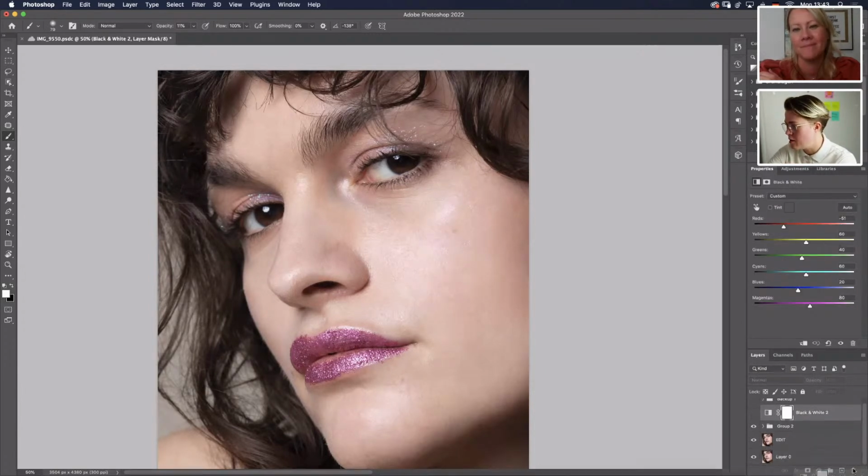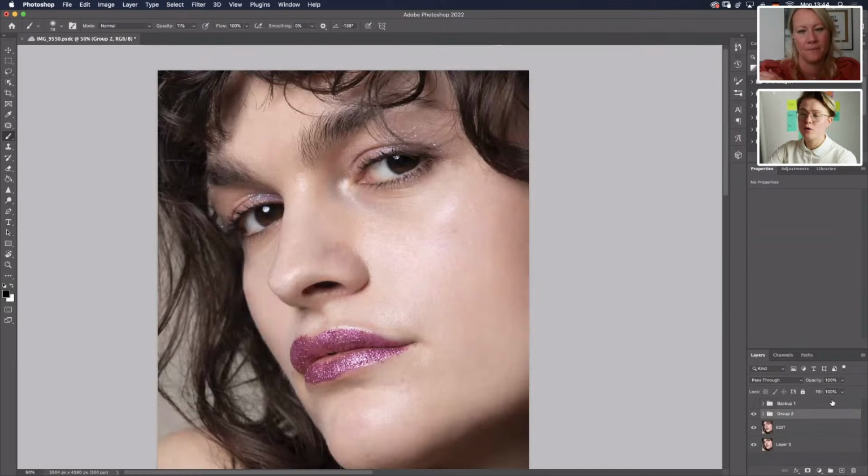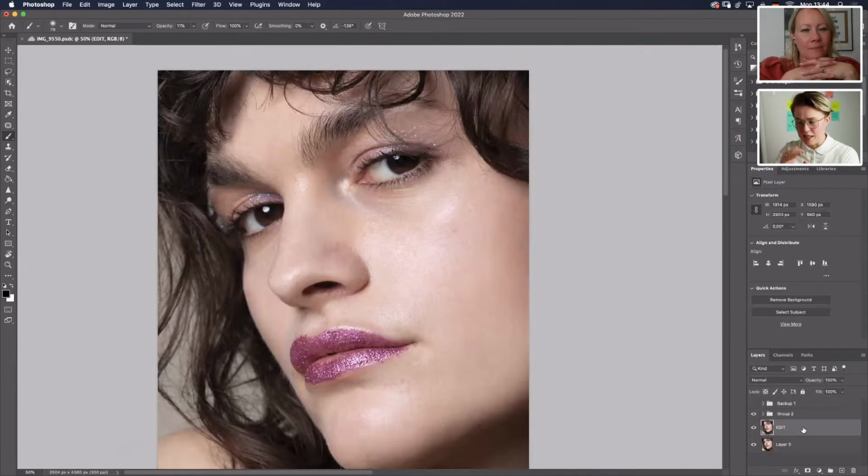That's dodge and burn. So we have 15 minutes. We're at 45. So the next technique we're going to use is called frequency separation, which, when I explain it, I know there's a way more technical way to explain it. What I think is you separate the color from the texture. I know it's like the low frequency and the high frequency, and then people are like, what is this, physics? I don't know. So we're just going to separate the color from the texture so that we can edit both separately,